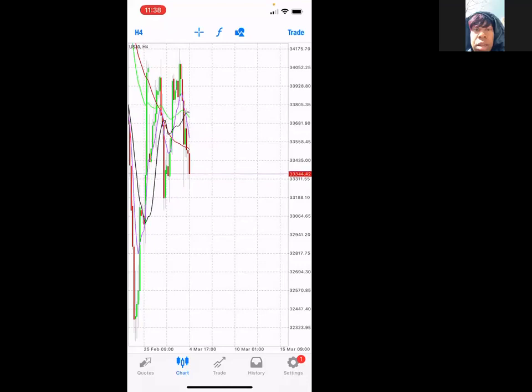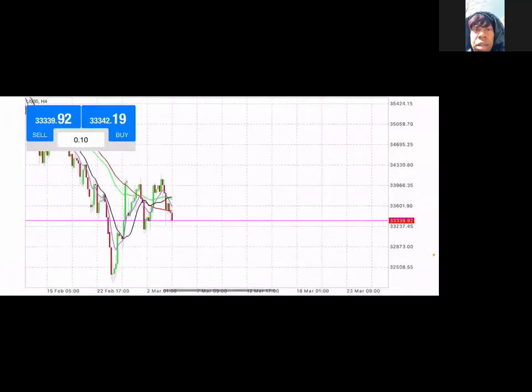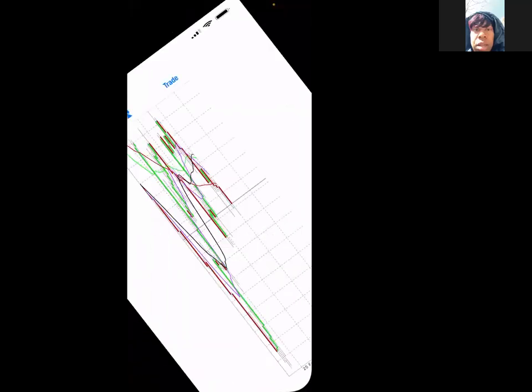Not saying that it can't work elsewhere, but like I said before, the reason why it's so effective with US 30 is because every day when the banks open, it's a push or pull in one direction, resetting the market. It's going to happen 9 times out of 10. So we're just able to take advantage of that.